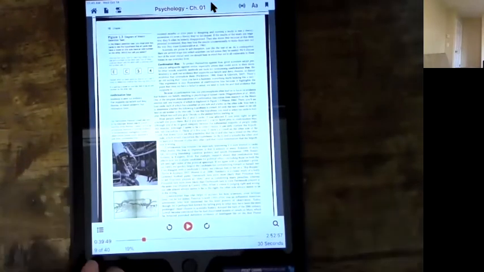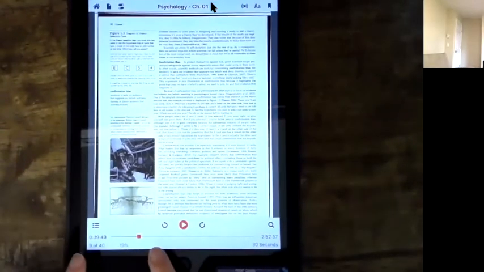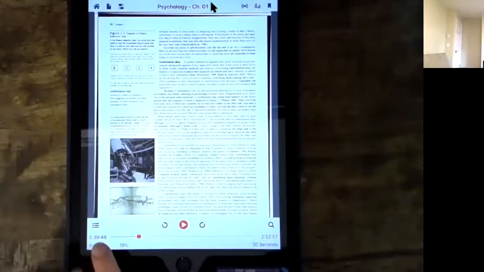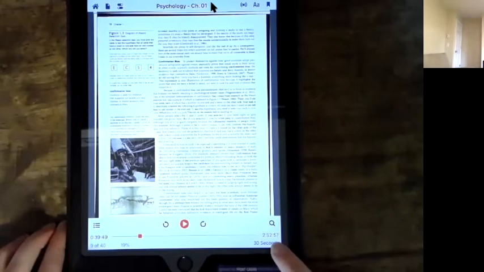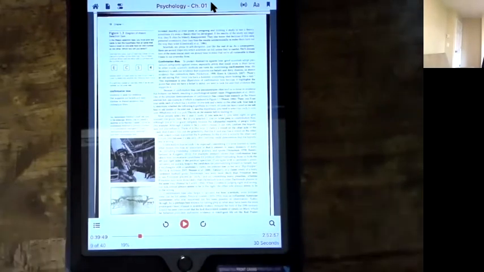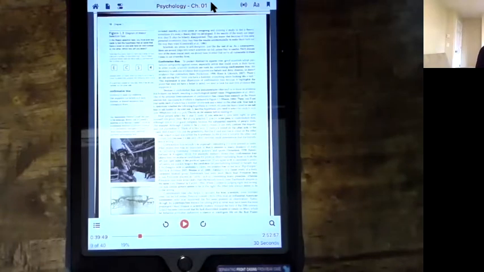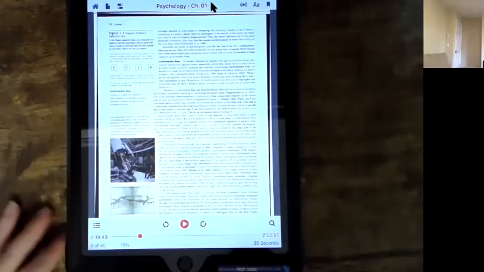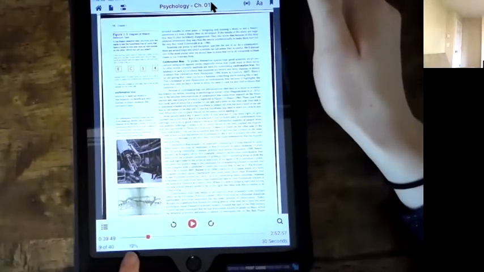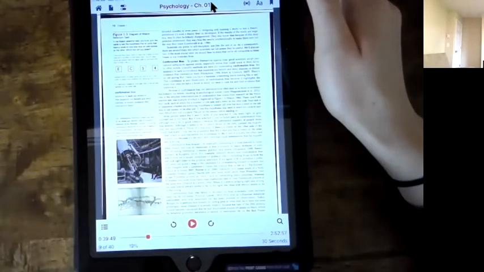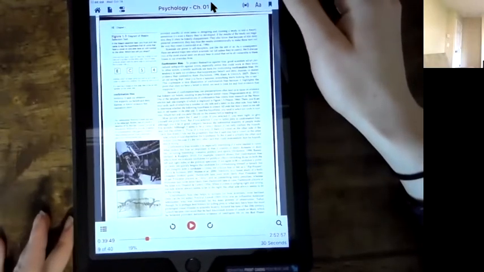At the bottom here, there is this range. So right now, if I were to start the reading, it's about 40 minutes into the reading, and I would have about 3 hours left. So in total, the reading is about 3 hours and 40 minutes for this whole psychology text, for this textbook chapter. There's also this percentage that shows you about how far along you are in the reading. So this can be a helpful tool.